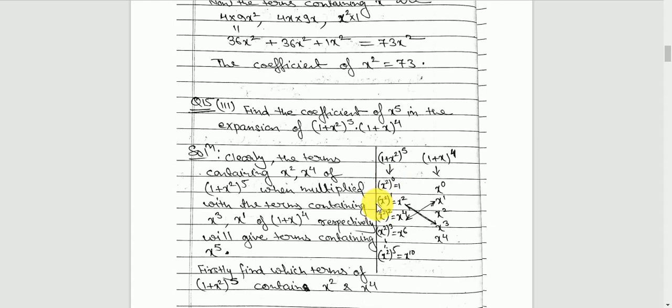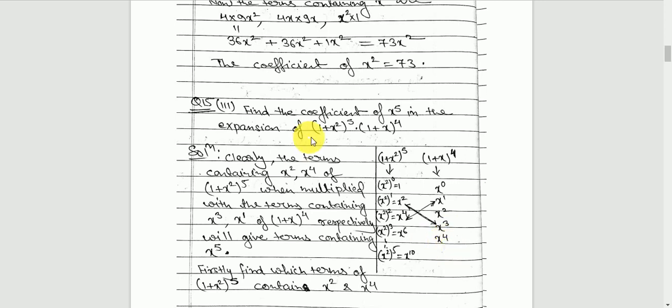Once it could be x squared to the power 1, once it could be x squared to the power 2, x squared to the power 3, x squared to the power 5. Okay, x squared to the power 4 it could be. So that means you can get 1, x squared, x to the power 4, x cube, x to the power 10, that way. And from this expression you can get the possible powers of x. You can get x to the power 0, x to the power 1, x to the power 2, x to the power 3, x to the power 4.